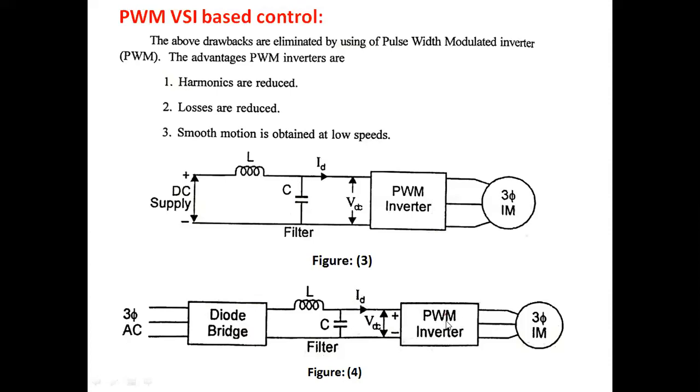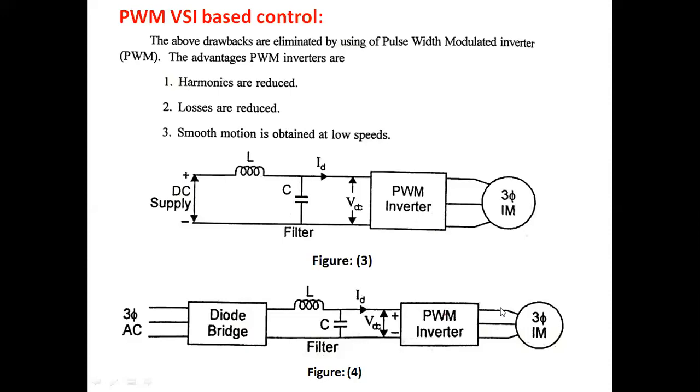Voltage control happens by adjusting the width of the pulse. Frequency control can be done by adjusting the total time period of the waveform. Variable voltage and variable frequency AC is available here, so that we can control this induction motor under constant